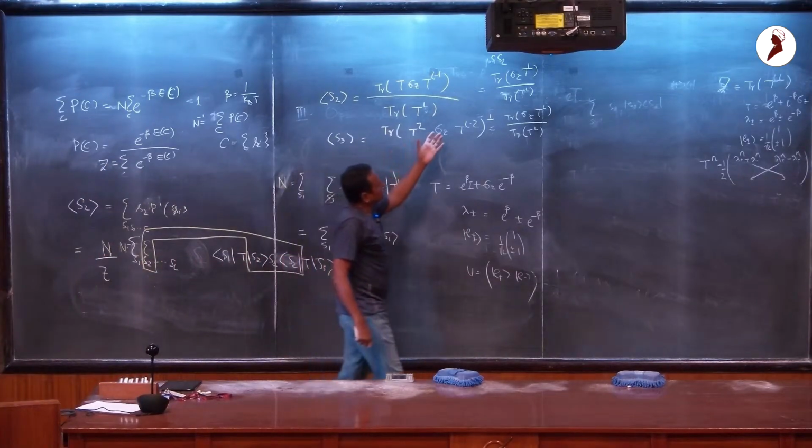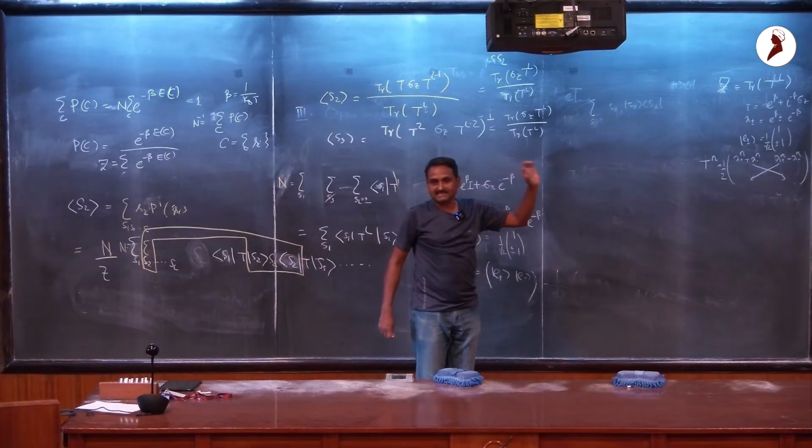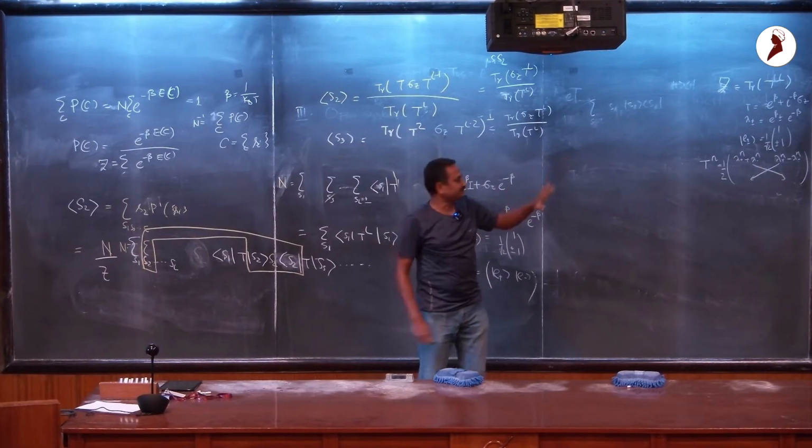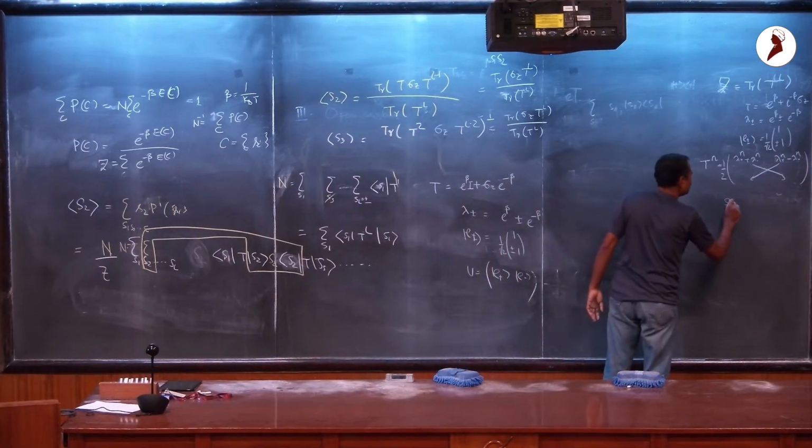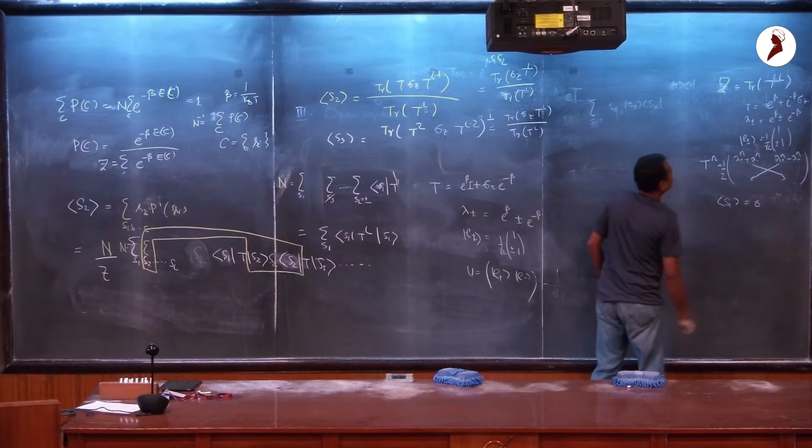By the way, what did you learn? The magnetization is 0 here, right? For each site, the σ_i expectation value is 0. So the first thing we calculated is that the σ_i expectation value equals 0, because